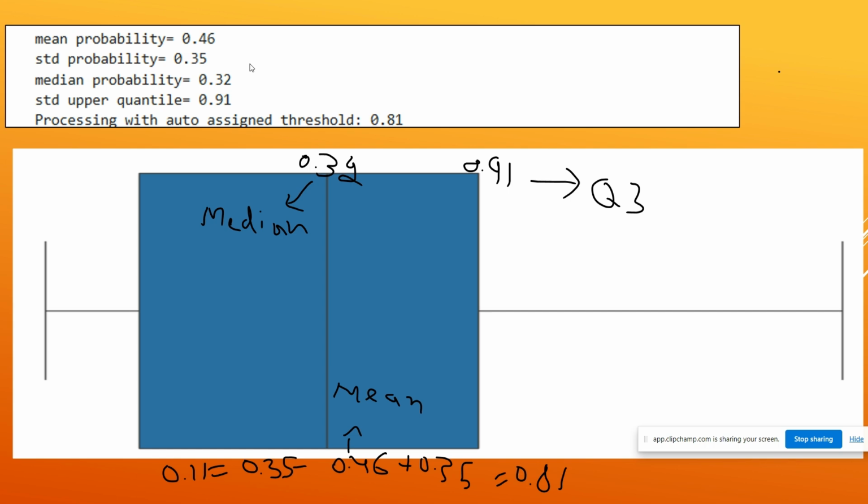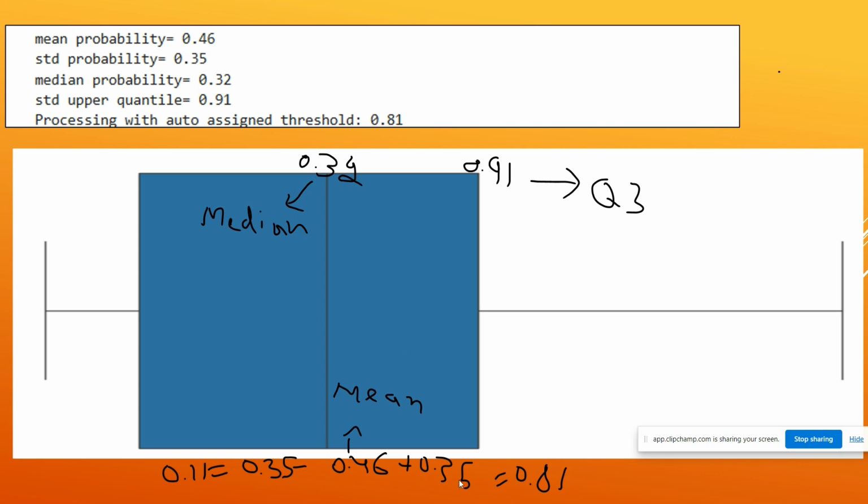I explained this just before, and so here it means that a standard deviation of 0.35, sorry, the probability values typically vary by 35% from the average of 46%. This gives an idea of the range where, as I told you before, most of our probabilities lie. And similarly, I have added, you can see here,